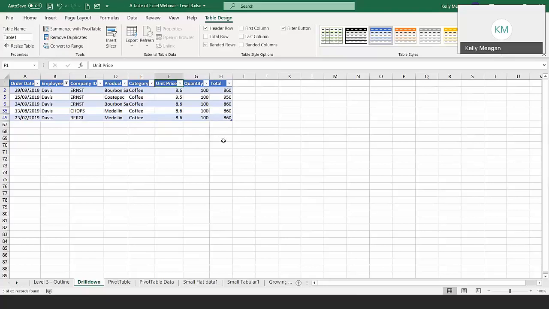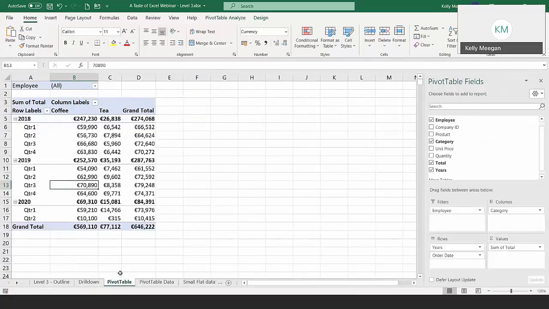So it's a really, really super feature. Now I'm going to come back to the pivot table sheet, and you're probably wondering, well, how many cells can I drill down on? You can drill down on every single one of these figures if you wish to do so. There's no limit on a drill down, but if you're working with really large data,